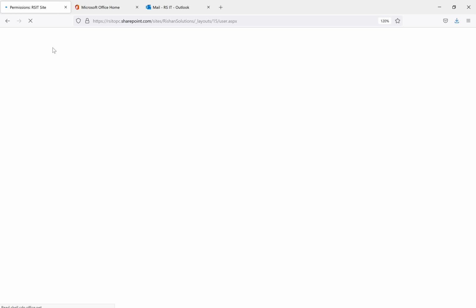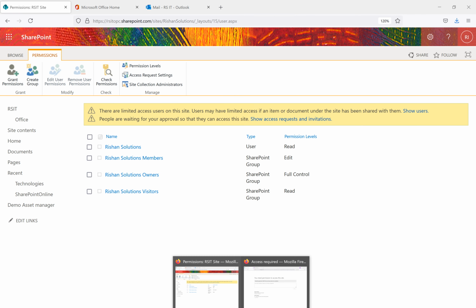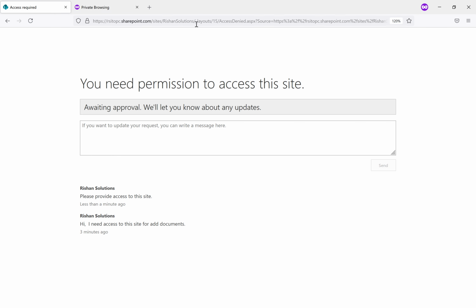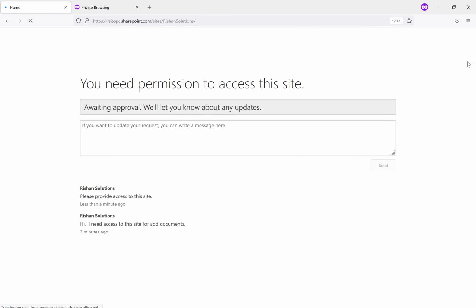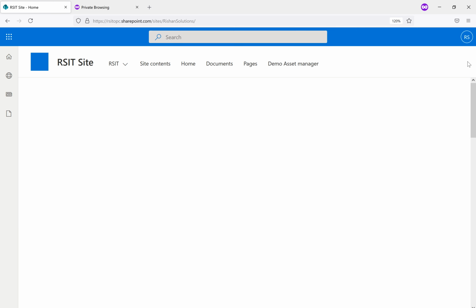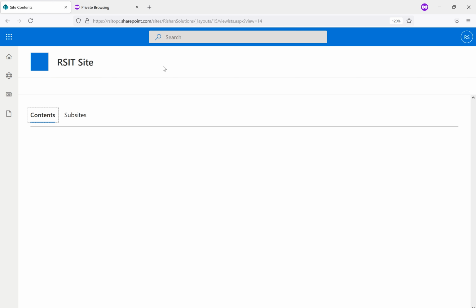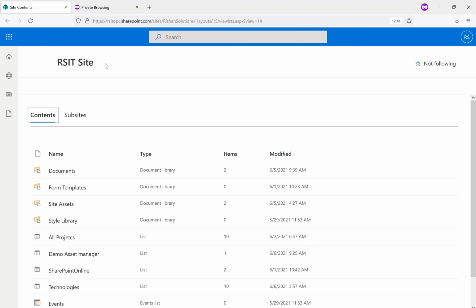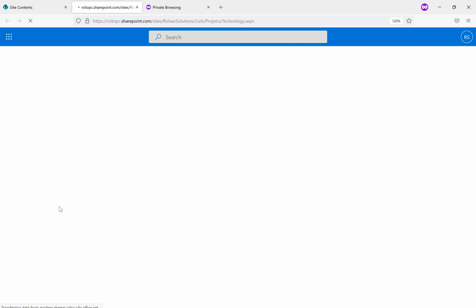So when you refresh this page here, now you can see this user has a read permission. When you go back to the user's page, you need to enter the site URL only, not an access denied page. Now the user has permission on this particular site. When this user goes to site contents, he can see all the lists and libraries available inside this site. For example, if I go to all projects,